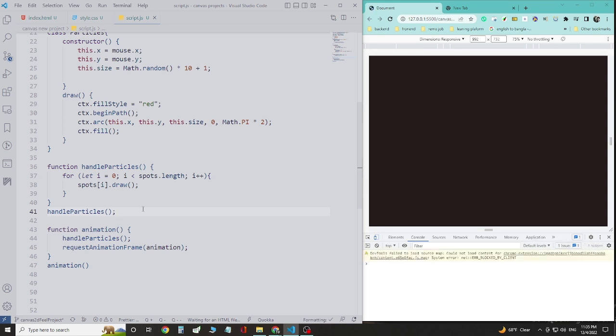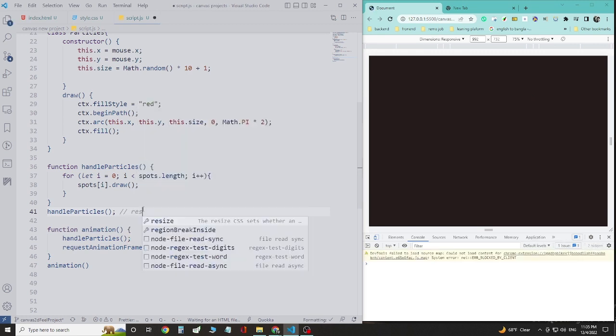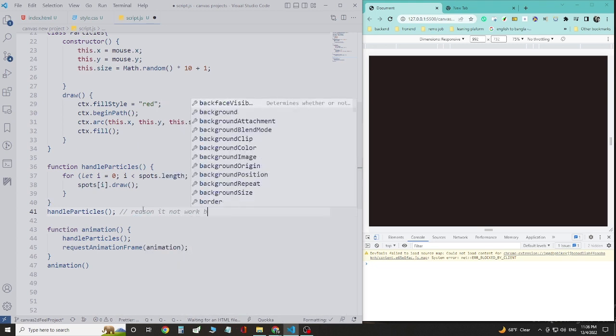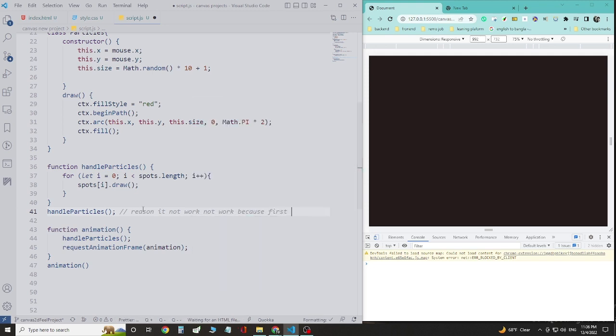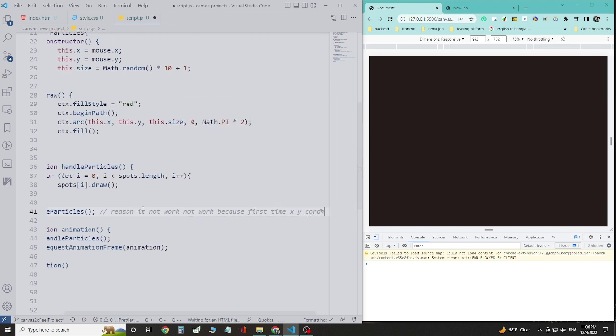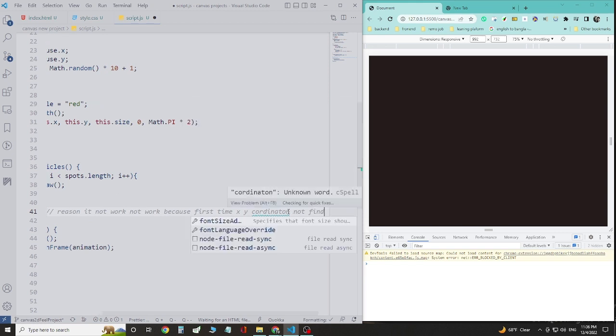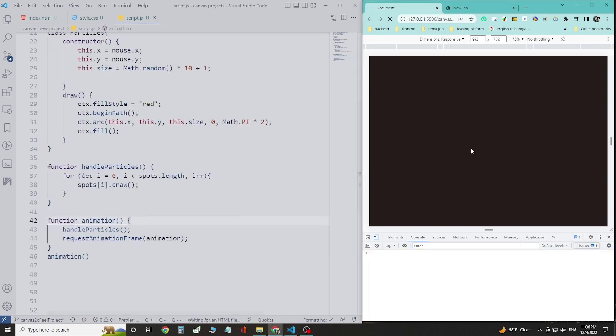In this method I will use the animation parameter. So that means every time it will call the animation function, and I place the handleParticles there. So it means when I click the canvas, it will continuously